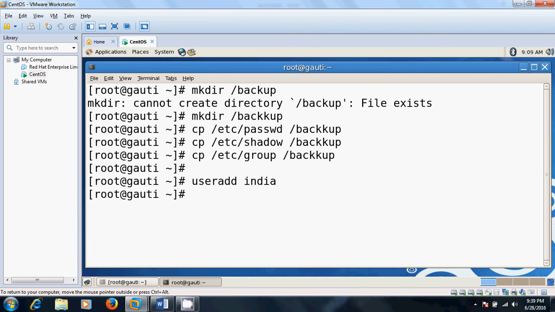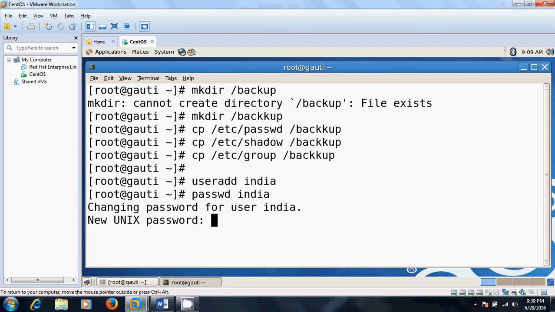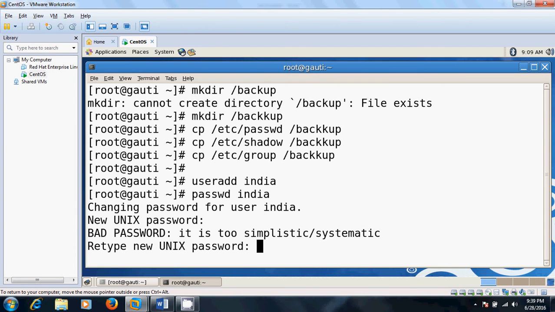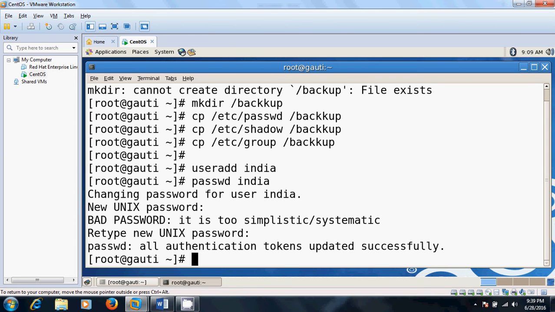useradd india. Okay, after that we make a password for this user, india. Okay, give the password. Okay friend, we are done.